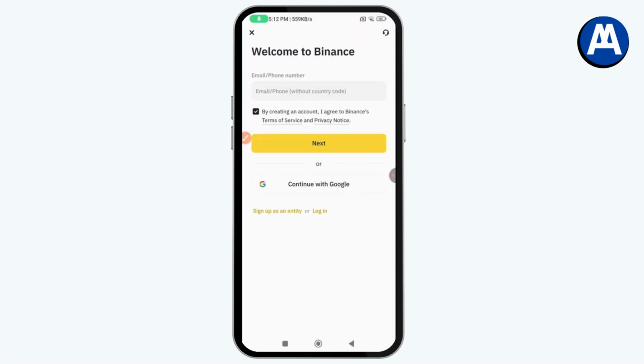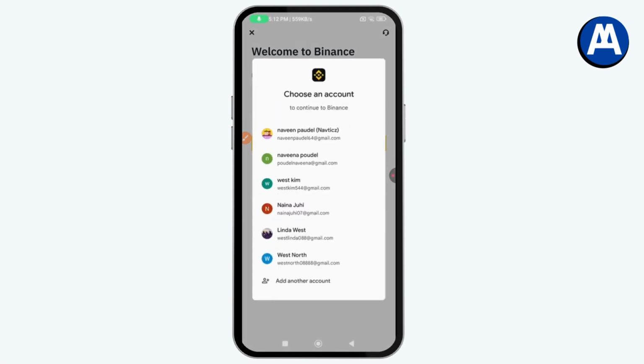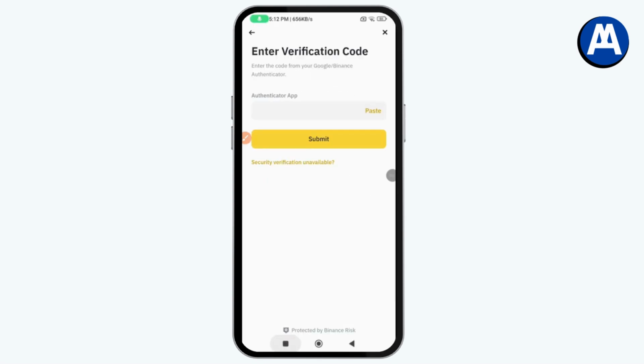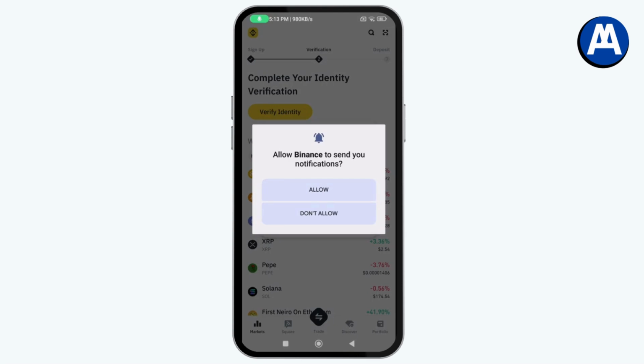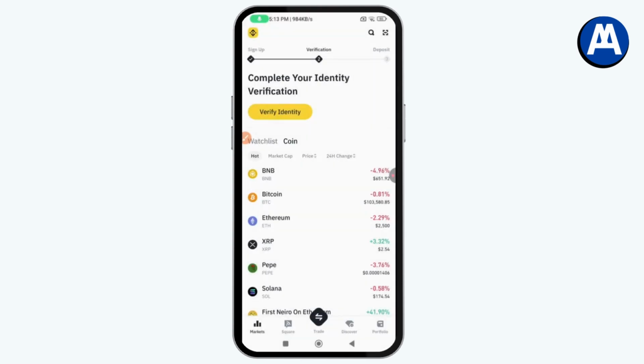After installing, you need to just go with login and then log into your account. We turn on the two-factor authentication from my Authenticator application. So in order to log in, I need to have the Binance code. So if you also want to set the two-factor authentication or the code, then you just need to simply open or